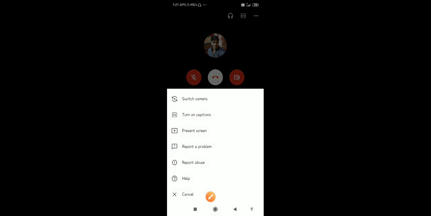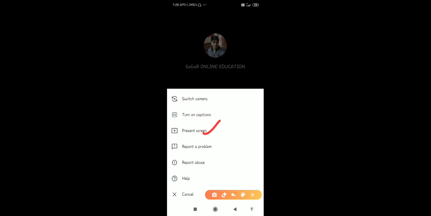One of the things is how to present my screen. I need to tell you about how to present my screen. If you want to present any screen, just click on the icon. Simply click on this icon. Okay, you will get three options. One option is mute your audio, mute your video, and here you can see different options like present screen, which is very important.